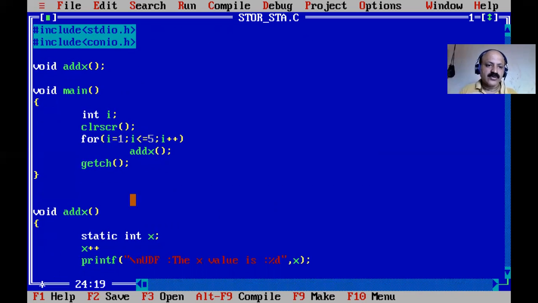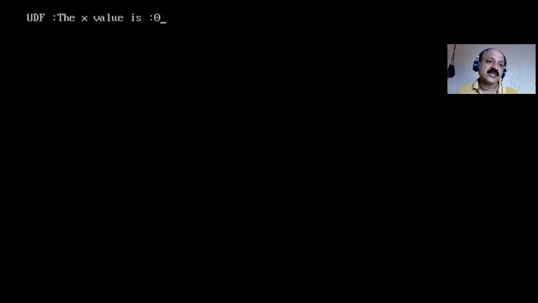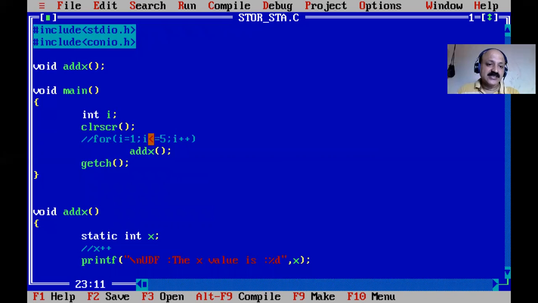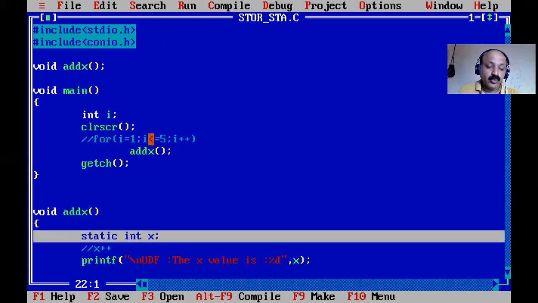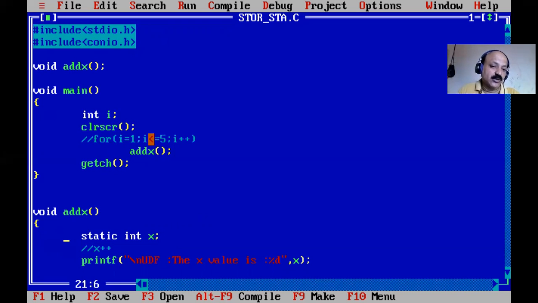So first we call it normally. First time, comment out the for loop, and just print, not plus plus. So what is the default value? We can see it is called only one time, no error. That is 0, because a static variable is by default 0, and it is local. Here is our UDF where x is declared with the static keyword, and now we can plus plus x. Every time it is not re-initialized to 0. I prove that it is initialized to 0 only one time, and then x plus plus and print x, and here we can call it in the for loop. So there are 5 calls to x.